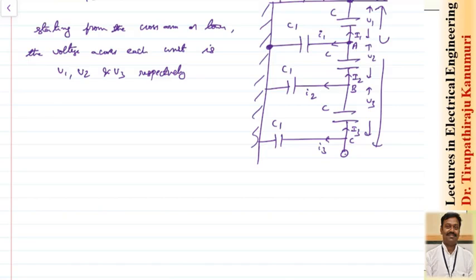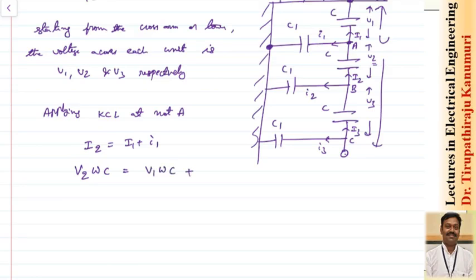So, I am applying the KCL at node A. When you are applying the KCL at node A, the current entering, I2, is equal to the current leaving, I1 plus small i1. So this I can write as V2 into omega C, because I2 can be calculated from V2. V2 omega C will be equal to I1, which will be equal to V1 into omega C,